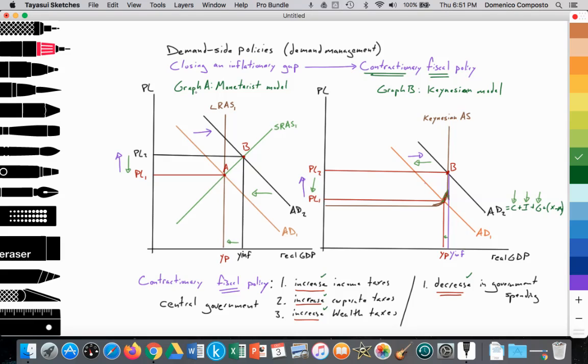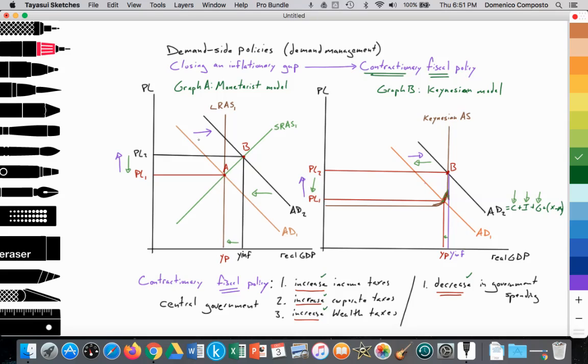So in graph A, where AD1 equals SRAS1 equals LRAS1 at point A, it provides an equilibrium price level at PL1 and real GDP at YP. We're at full potential and full employment. We're at the natural rate of unemployment, which is equal to structural, frictional, and seasonal unemployment. In the Keynesian model, where AD1 equals the Keynesian aggregate supply curve at point A, it provides a price level at PL1 and real GDP at YP, or full potential. We're going to assume that